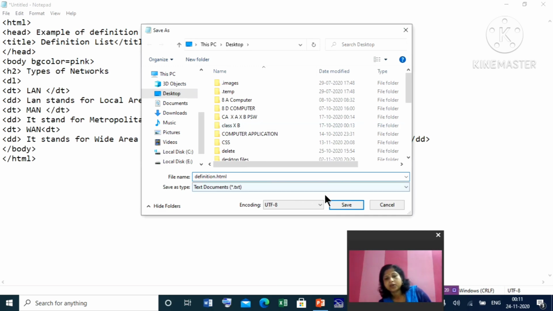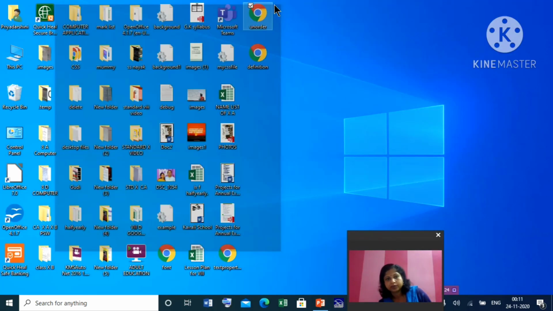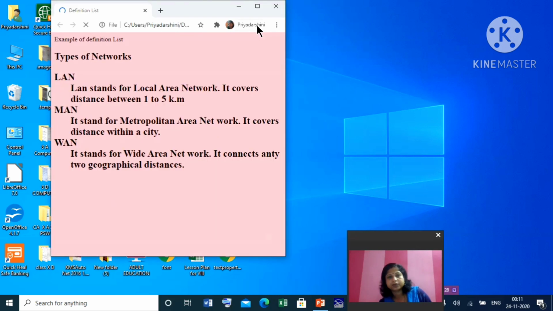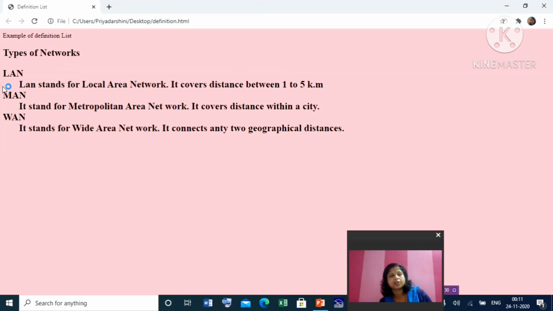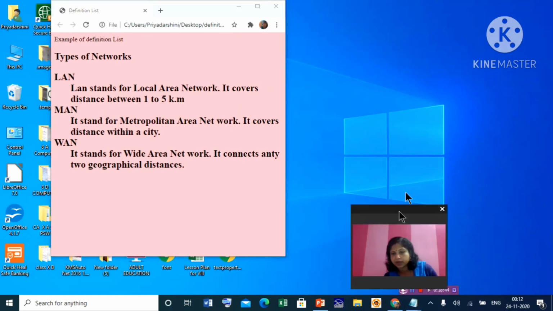Okay, now see the output. Here you see the output. Okay, first is your definition term, then definition description, definition term, definition description, definition term, and definition description. Let us see the coding also so that we can compare.